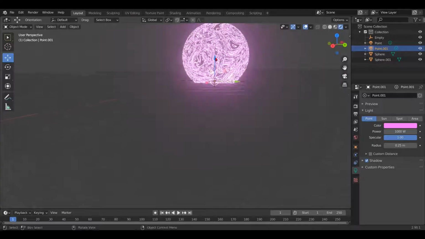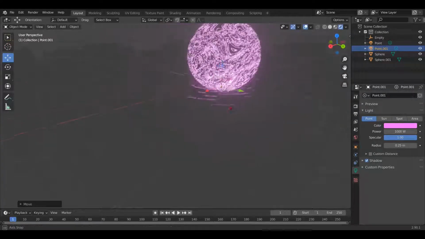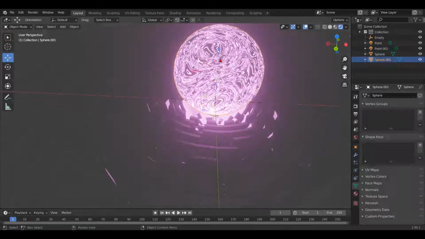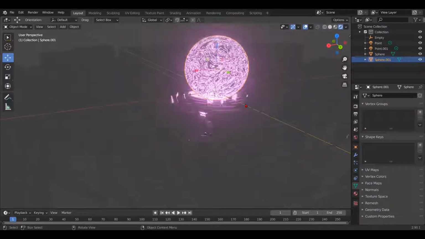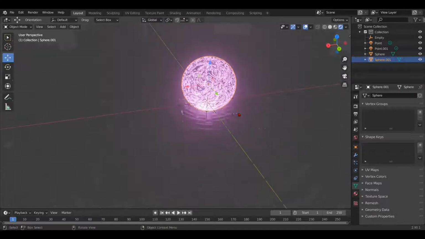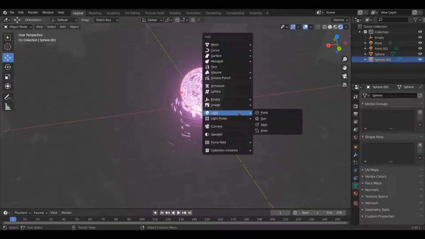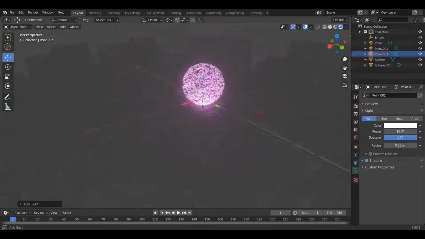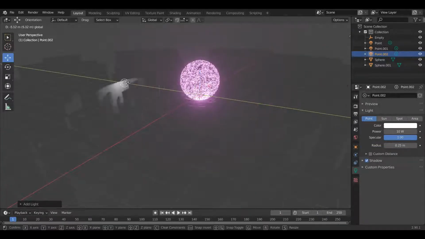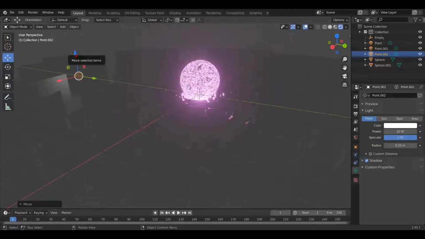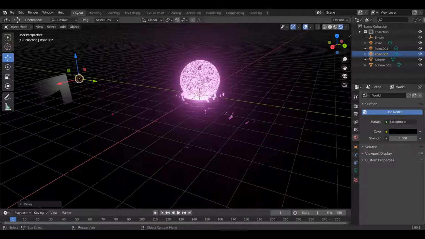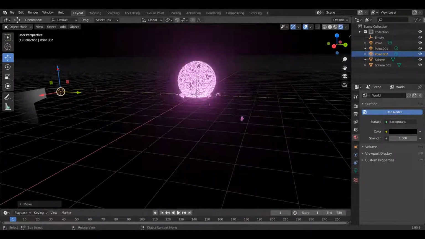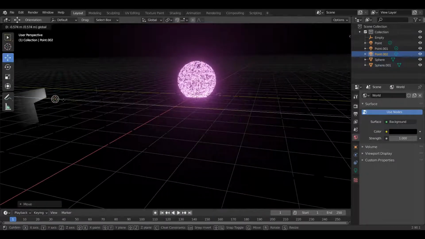From now, only lighting will make your animation great. We have to add some more point lights here and adjust them to the object with the help of the move tool. Before adjusting the light, go to the environment setting and turn the environment completely black.